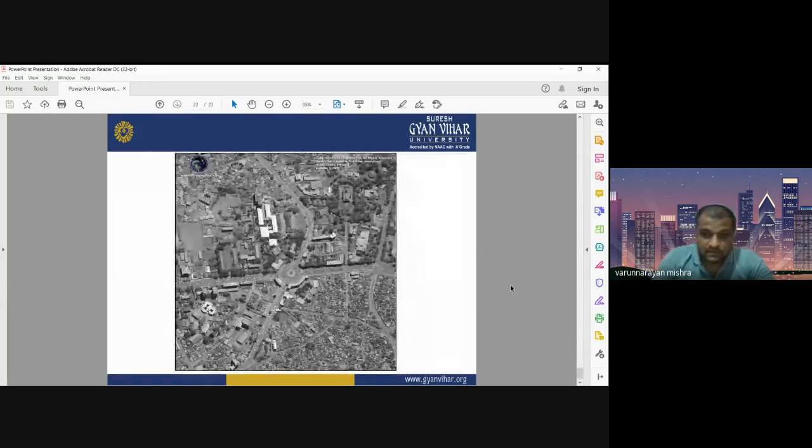This is another image of the WorldView satellite. You can see how much detail it has. You can easily identify the vehicles moving on the road. You can identify each and every object on the earth. You can easily identify the trees, and determine the canopy size of each tree. These are some high resolution images available in the market that can be used for urban planning and mapping.